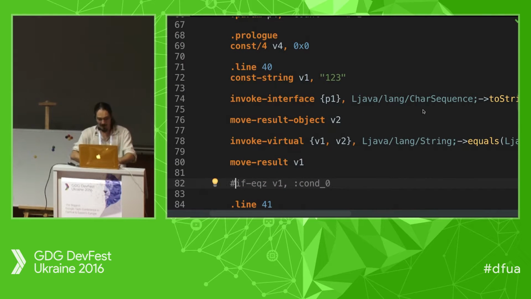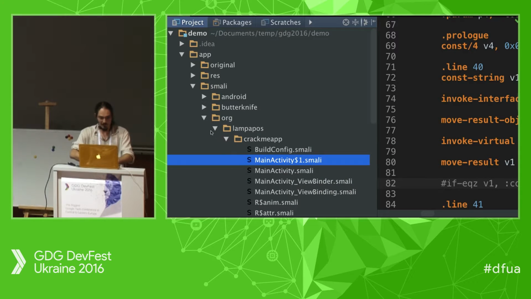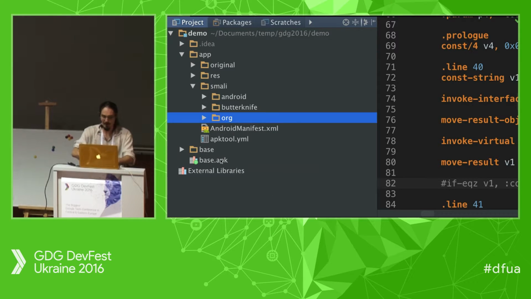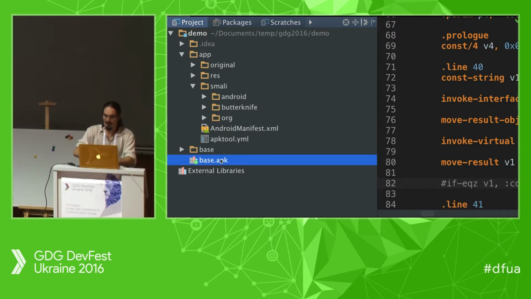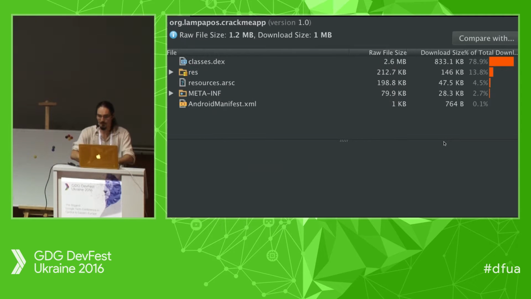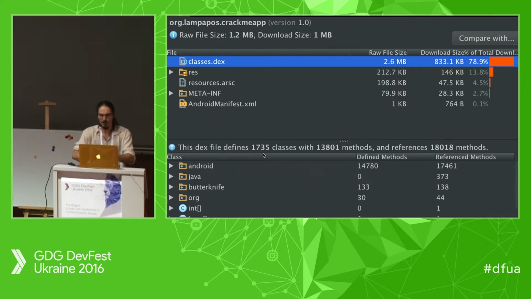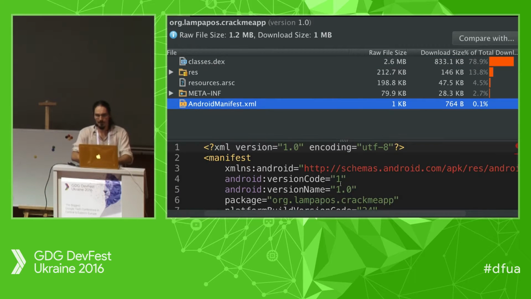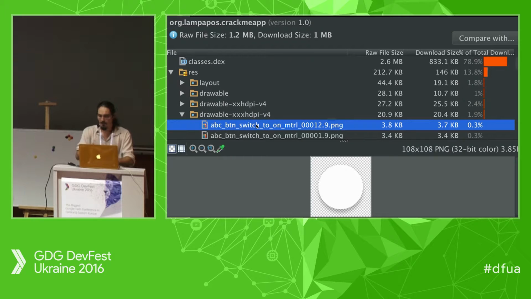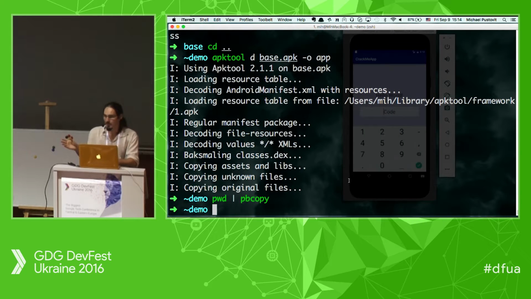And one cool thing in Android Studio, you can open APK class, and it will show you structure of DEX file, Android manifest in human readable form, any images. So it's really powerful tool. But now we commented our if operator, and we are ready to